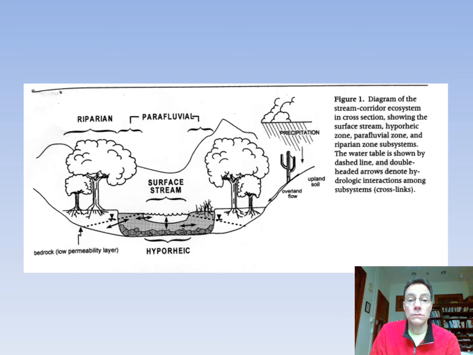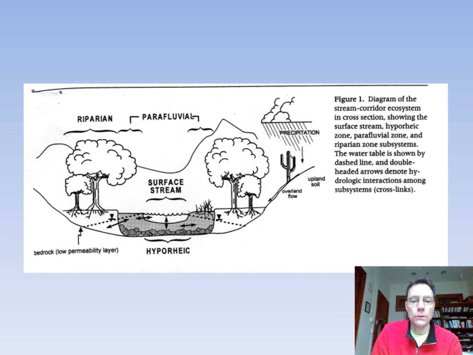And of course, that's a really interesting area for a lot of things to live. Then we have the area beneath the stream, an area that you don't usually see. That's called the hyporheic zone. It means below the flow. You can see some arrows here. There's exchange of water and organisms and material from the water channel itself to the parafluvial zone, to the riparian corridor, and even vertically with the hyporheic zone. So there's groundwater down here that gets exchanged with the surface water back and forth. And there are organisms that go back and forth too.